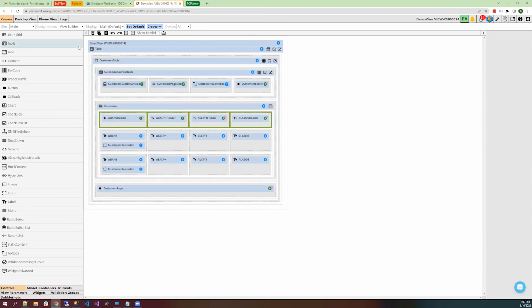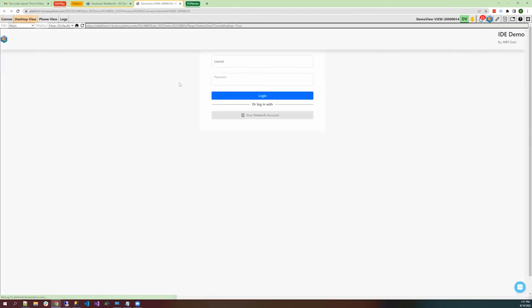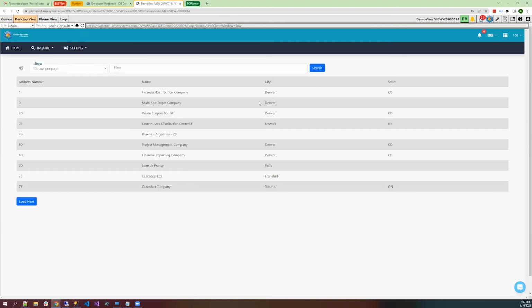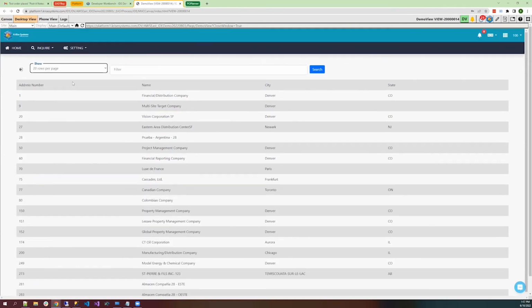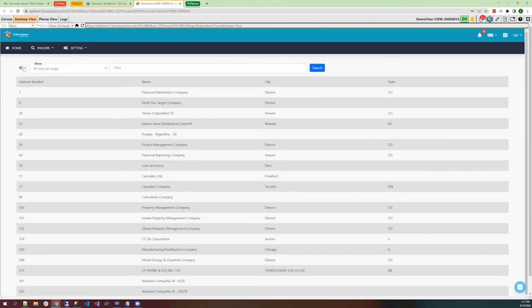So just to give you an idea of what this page looks like, this here is the list, and we have some controls up here just for paging, data download. And so I can go to desktop view to show what this looks like. And when we log in, it queries JDE for all of the customers in the system, and it displays them in this list. And we have some paging options. Show 20 rows per page. We have a data download.